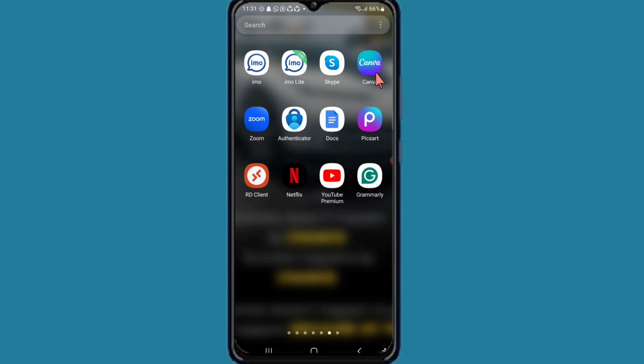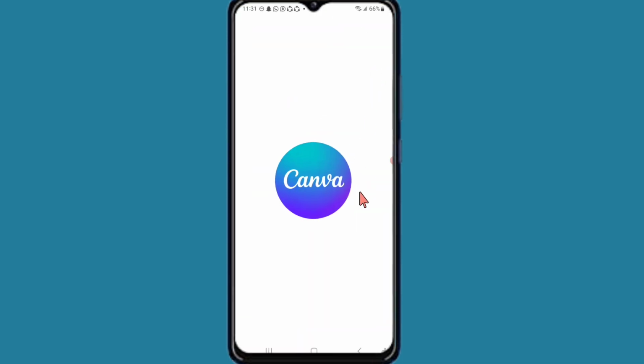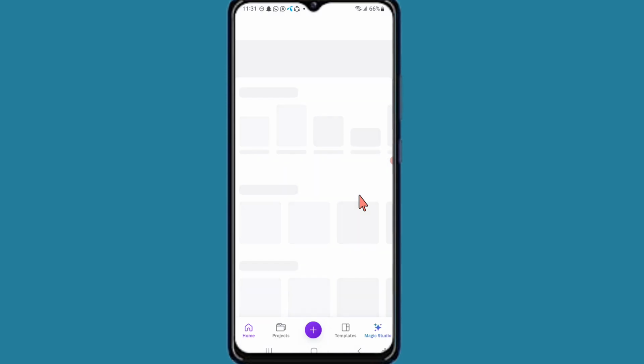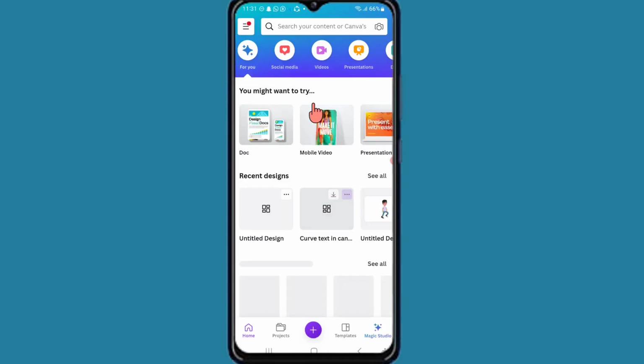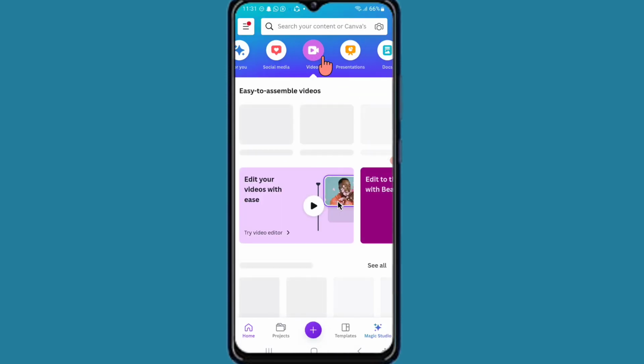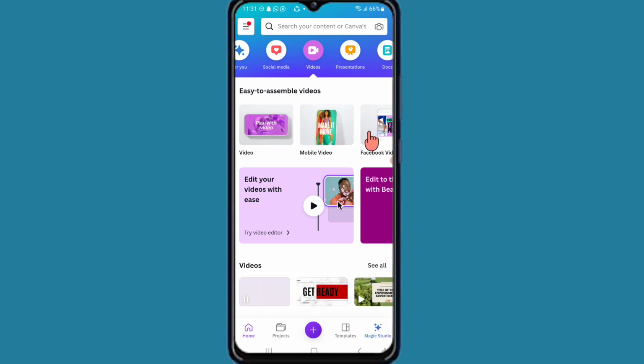First of all, open your Canva application and then click on video. After that you can select any size of your video. You can select mobile video or simple landscape video. In my case I want to select only simple landscape video. So click on video